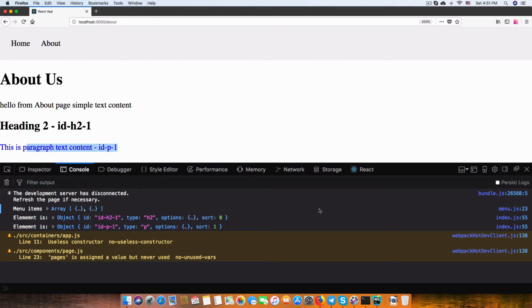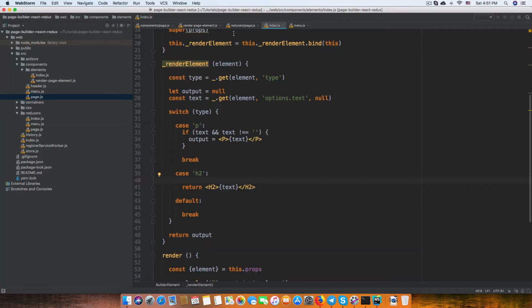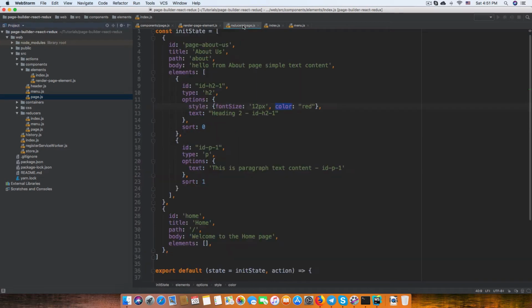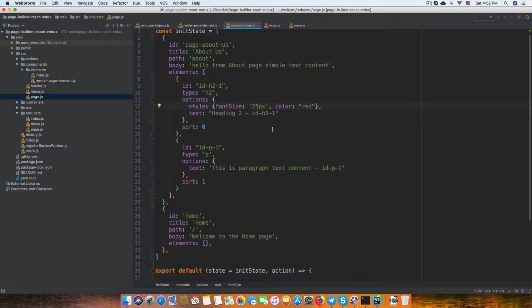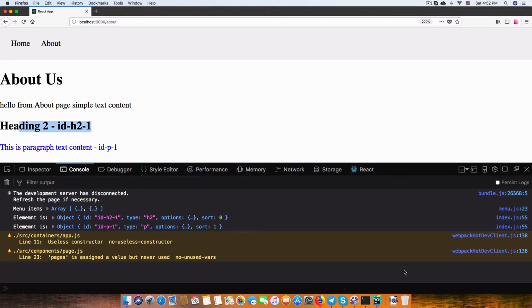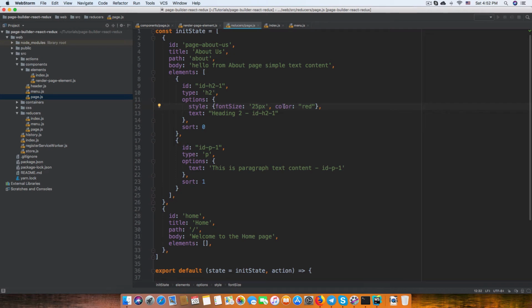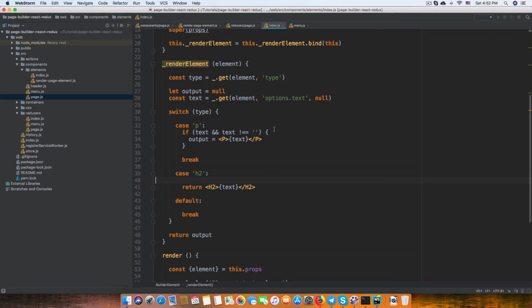Okay, so let's go ahead to how to implement the option for style in exactly, for example, A2 the color is red and font size equal 12 pixel. For example, I want to increase to 24, 25, and nothing changed right here because we didn't implement that. Now I'm going to do this. So we got an option